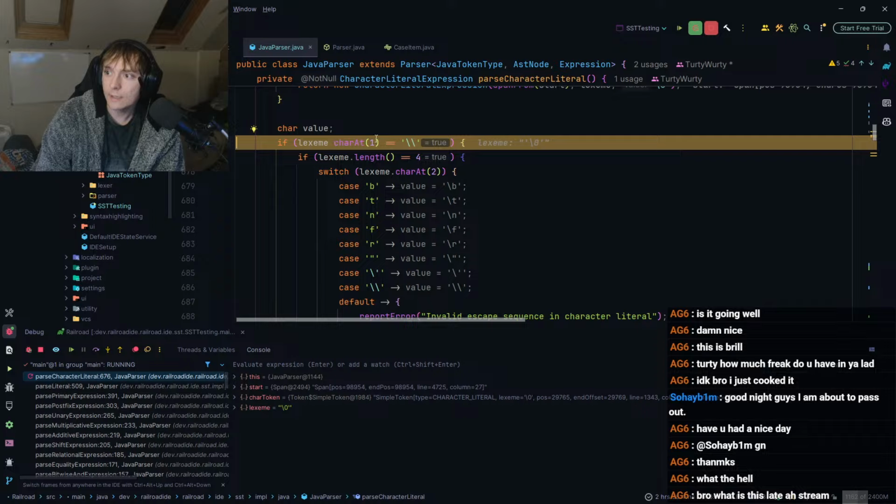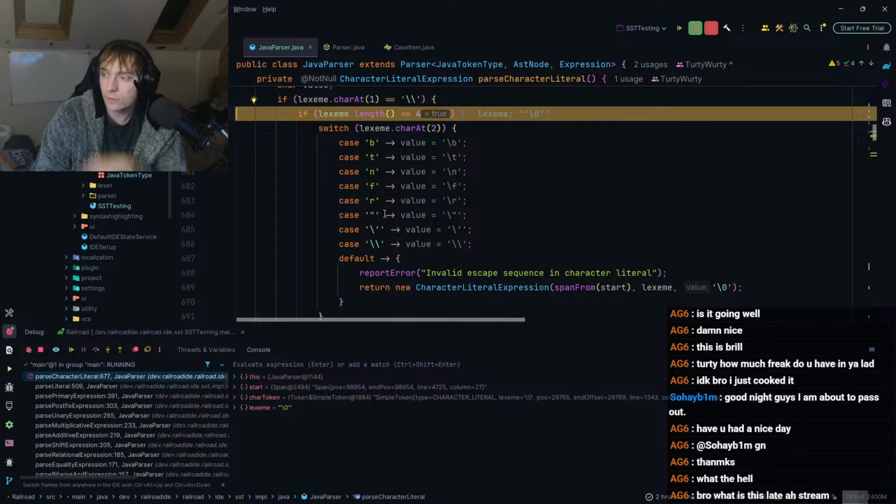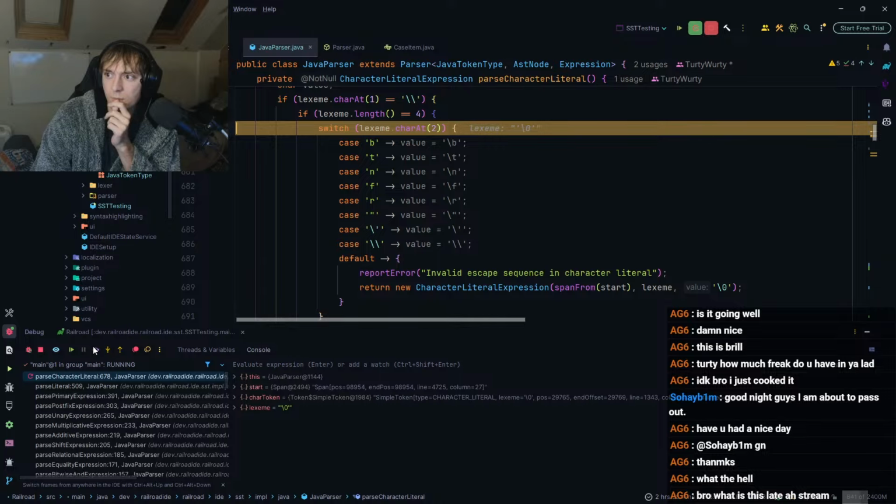So if lexeme.charAt(1) is equal to backslash, that should be true. Lexeme.length is equal to 4. 1, 2, 3, 4. That's true. So then we're going to switch on the char at 2. 0, 1, 2. Ah, I'm not handling null bytes.